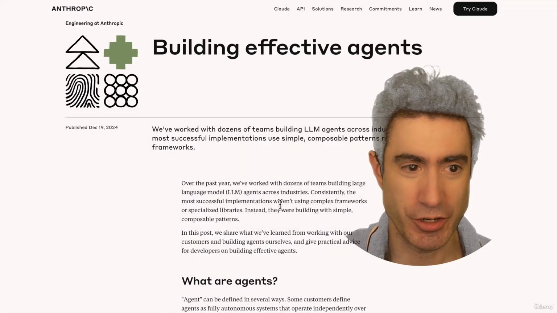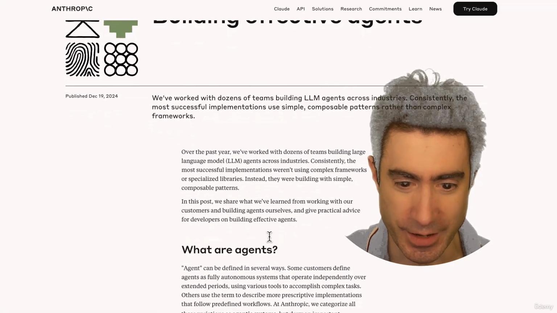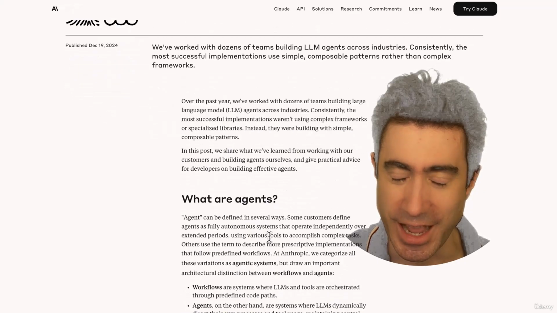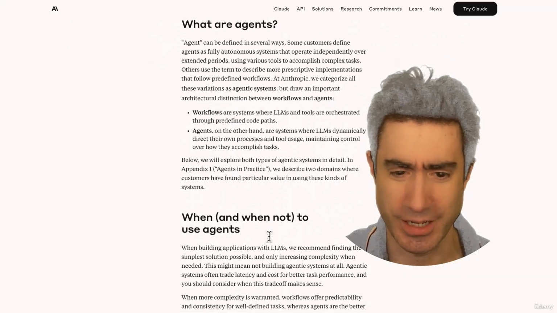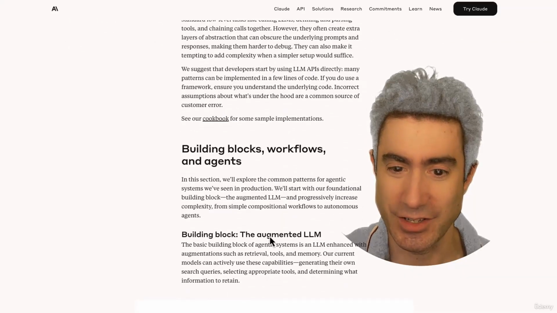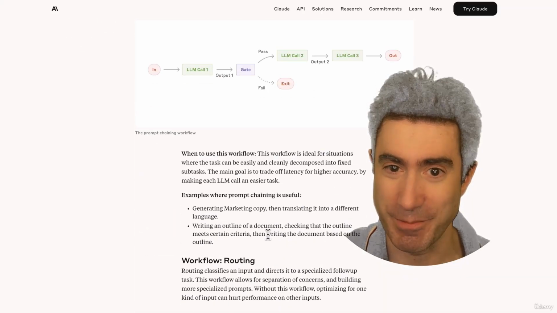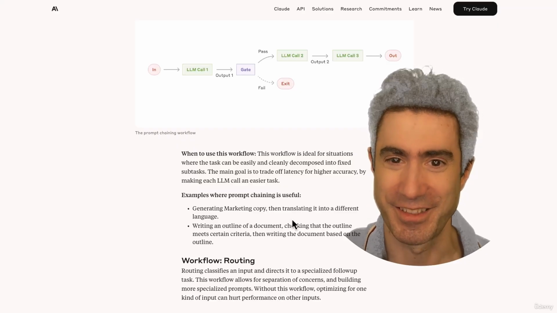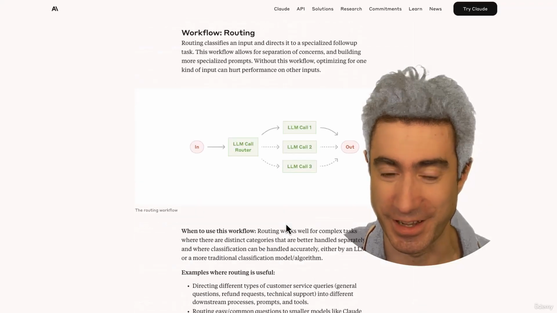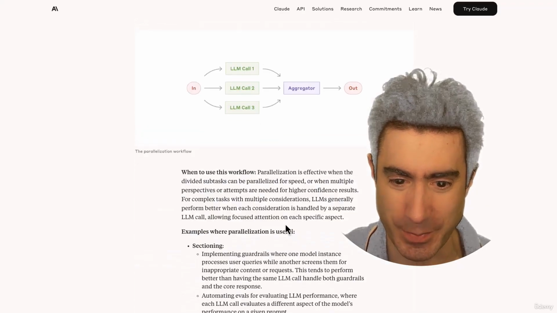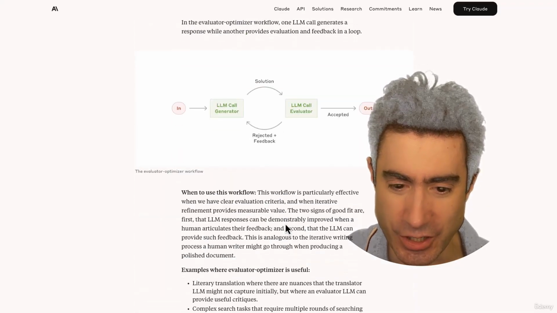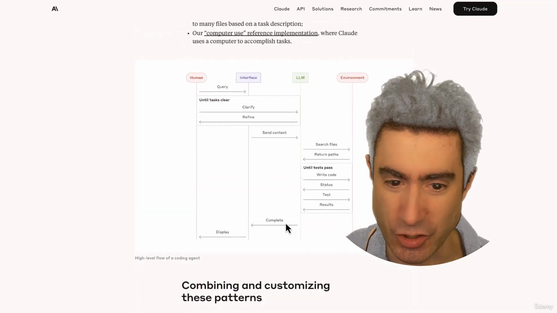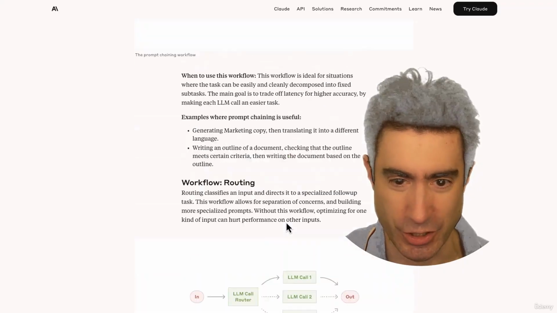So if we switch to building effective agents, this is the blog post you'll find on their website. And it's a brilliantly written post, I've got to tell you. It's really clear. It contains within it the different design patterns that I mentioned. I think I mentioned that I took the Anthropic design patterns right from here. I thought they're so clear, so well explained. And in addition to that, it has some discussion about using abstraction layers. And that's really what I wanted to show you here.